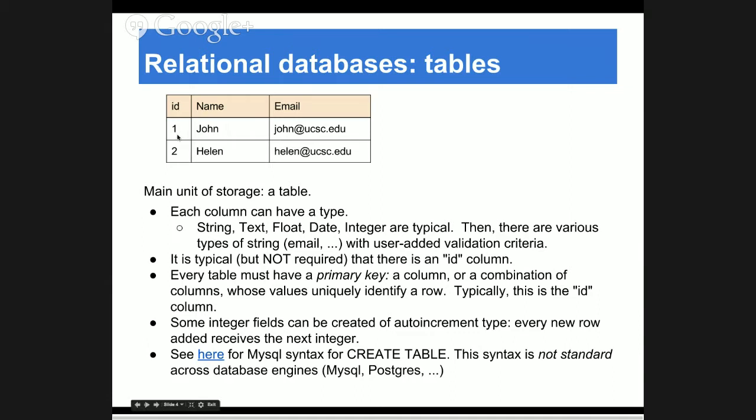Typically, and in most cases in Web2Py, every table will have a special column, the first one, that is called ID. That will be an integer that is auto-increment, meaning that you don't have to worry about that ID. It will be assigned automatically. Every time you insert a new row, it will get a subsequent integer, so every row has a unique ID. This is actually not required, but it's so common that it's as if it were. Don't worry, it will always be there, and if you don't want to pay attention to it, just don't.